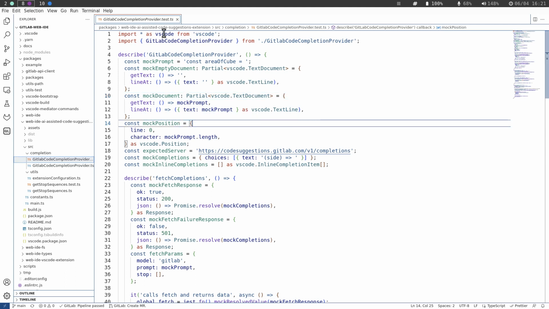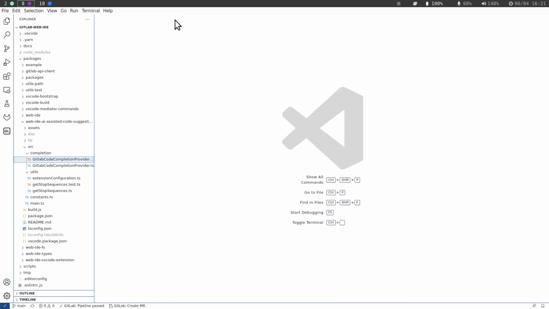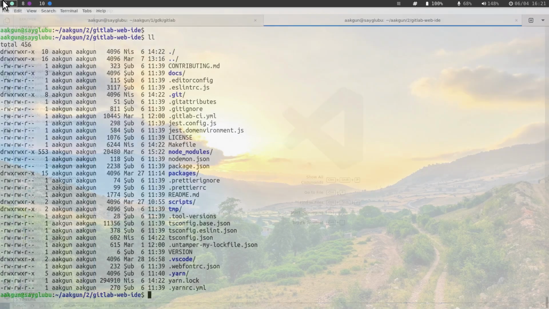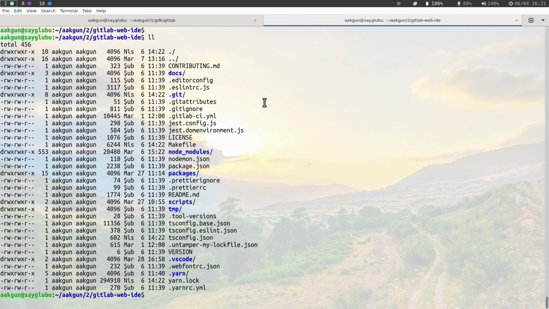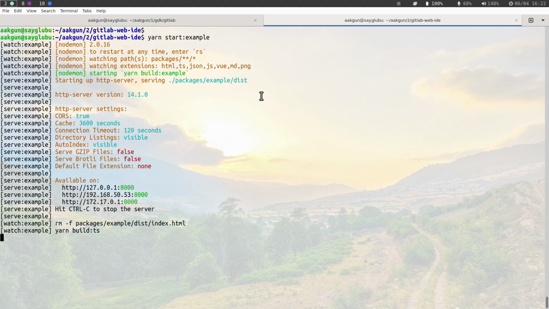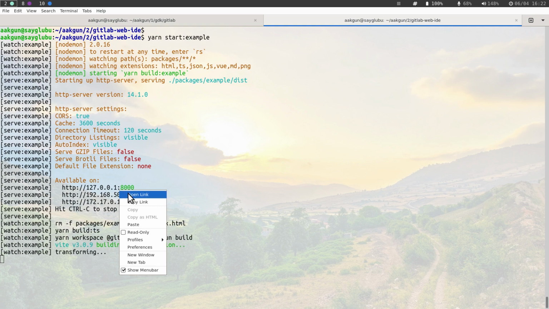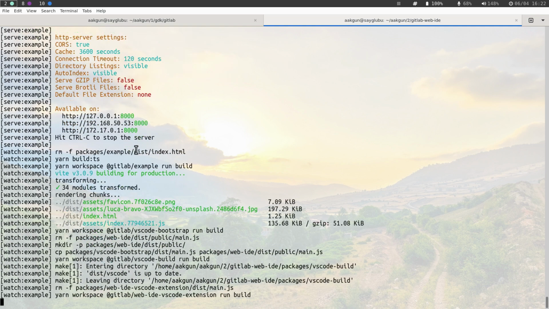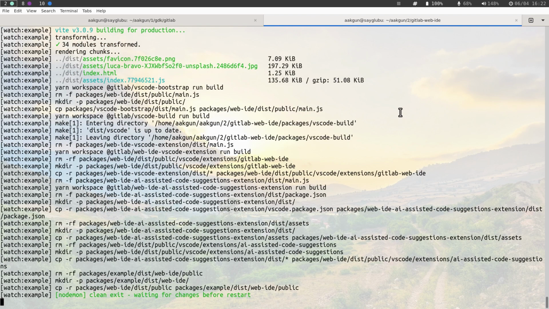Now, that code suggestion doesn't work out of the box. What you have to do is that, in the GitLab Web IDE, let's say you are working, you have to start the example application, which is going to launch a Web IDE here, and then